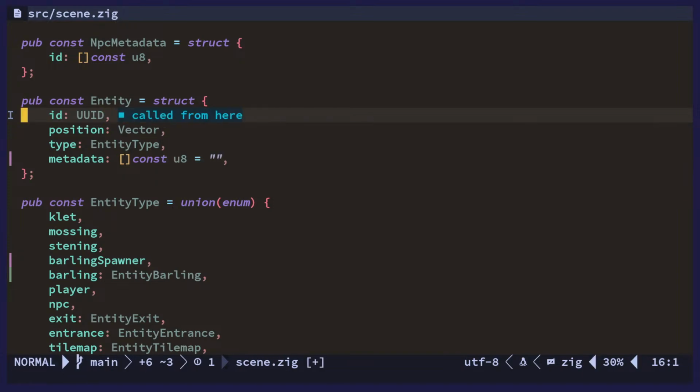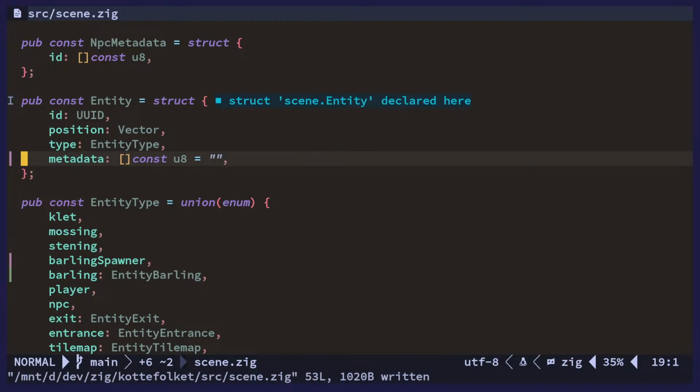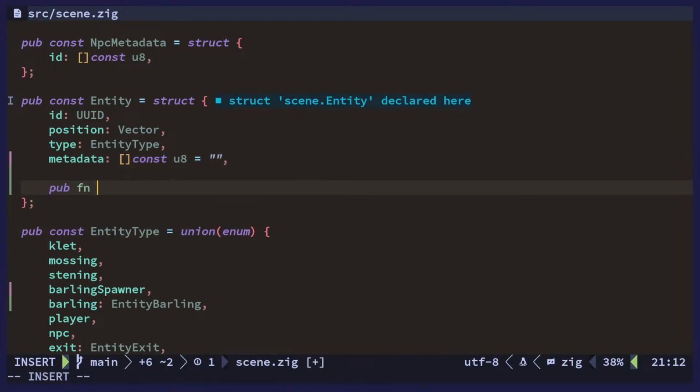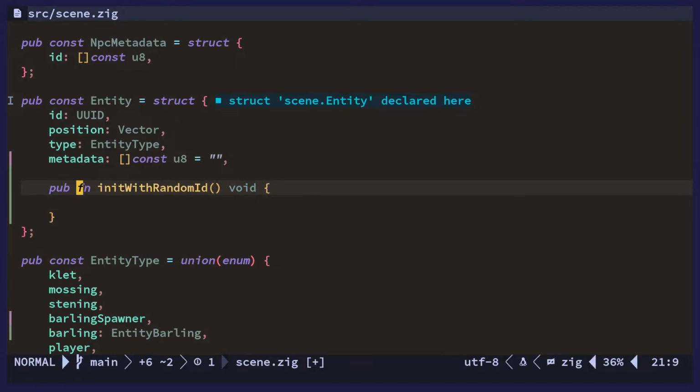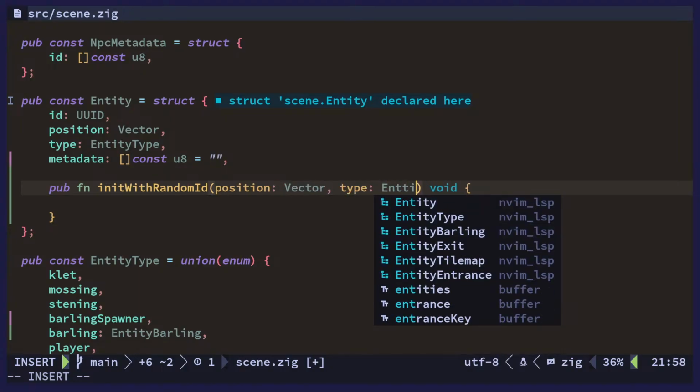Well, okay. Let's, well, we could have a function in it with random ID, and then we just pass in position, type,